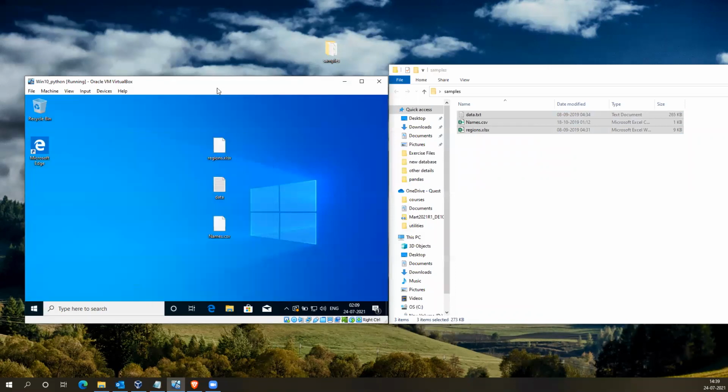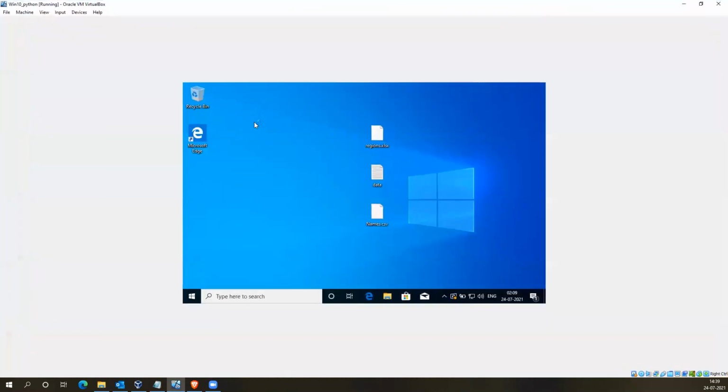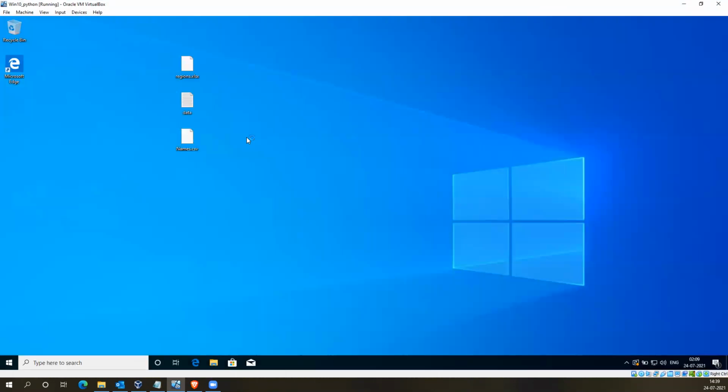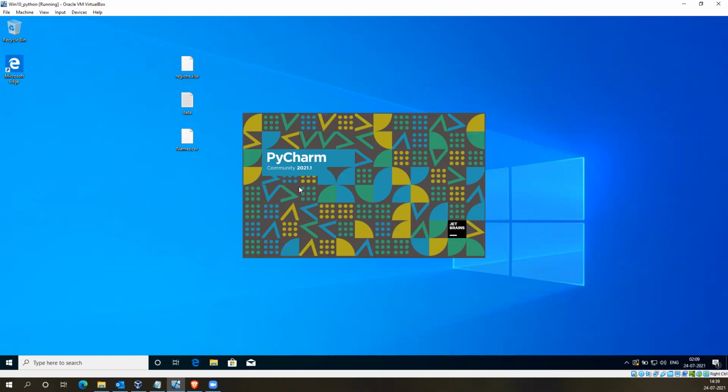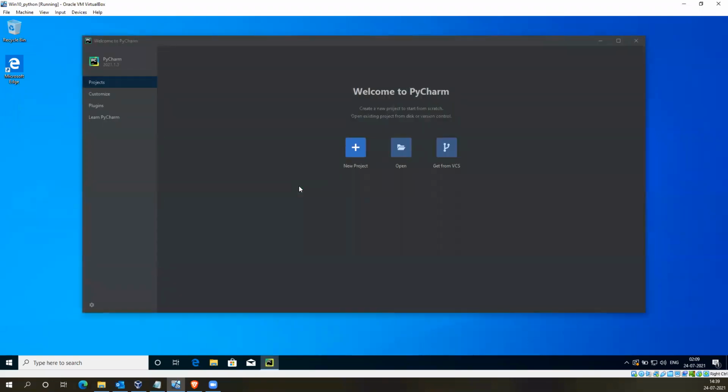So let's open Python. In integrated development environments like this, we need to first create a project and configure the runtime. Even if we have installed multiple runtime environments on the machine for Python, we need to link one of them while creating the project. In that project, I can create my Python files and run them.